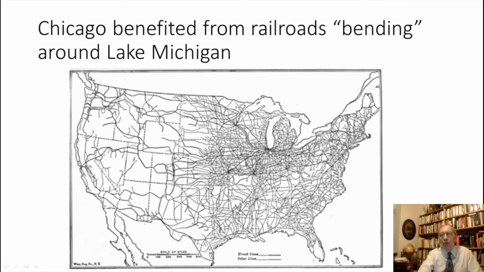So Chicago benefited from that, and it became the world's center of meat processing, because in the days before refrigeration, the cattle were shipped live to slaughter, coming from the Great Plains